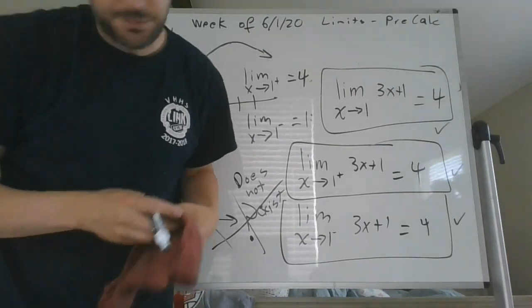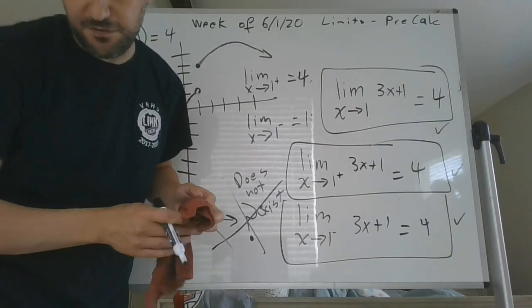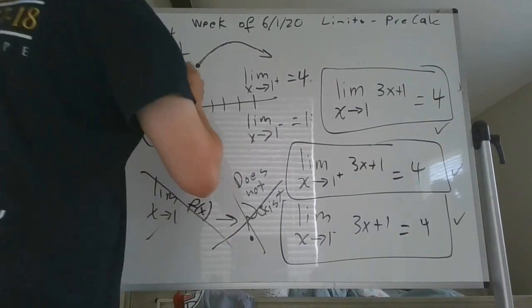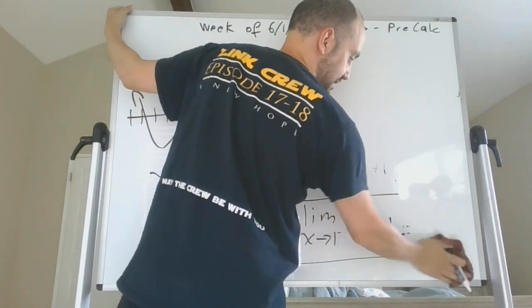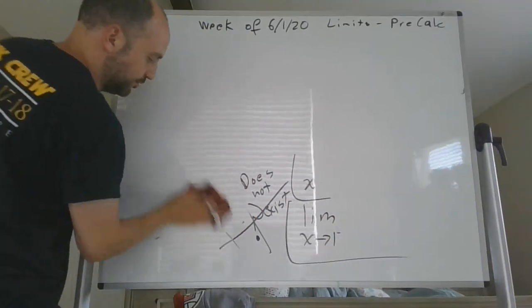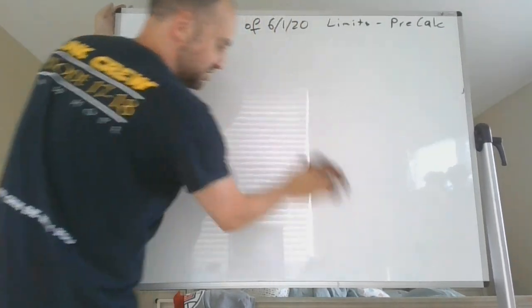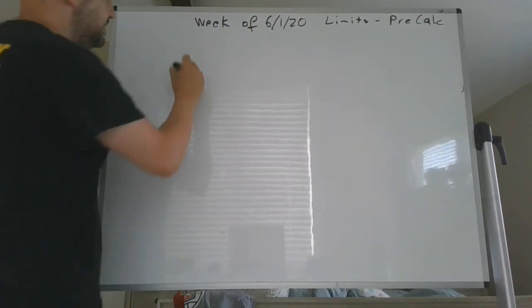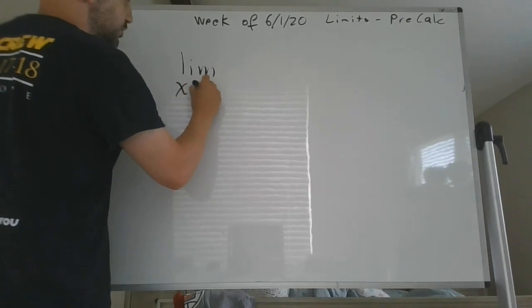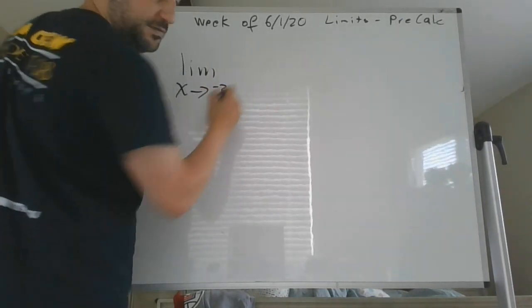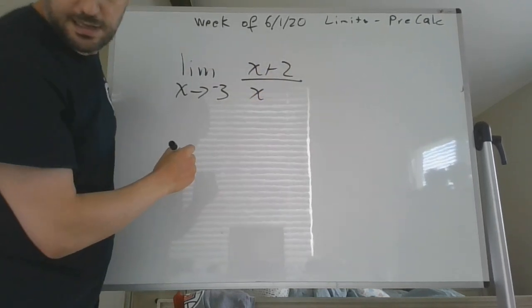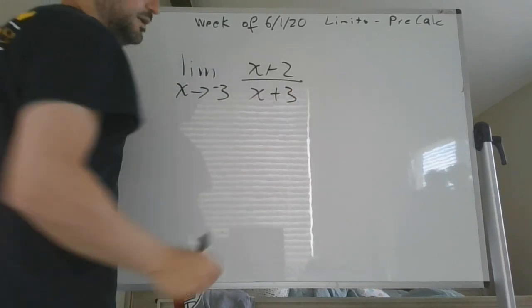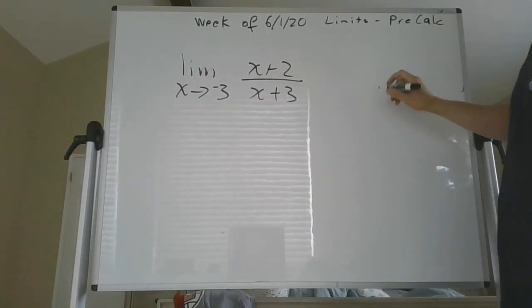Okay, so now let's go a little bit more hardcore. Let me give you an example of an actual function where the limit would not exist. And again, this is going to be pretty easy. It's not going to be too hardcore for you guys. It's basic algebra, really, but just more the idea that's important. What if I said this? The limit as x approaches negative 3 of x plus 2 over x plus 3. Okay? If you were to graph something like this,